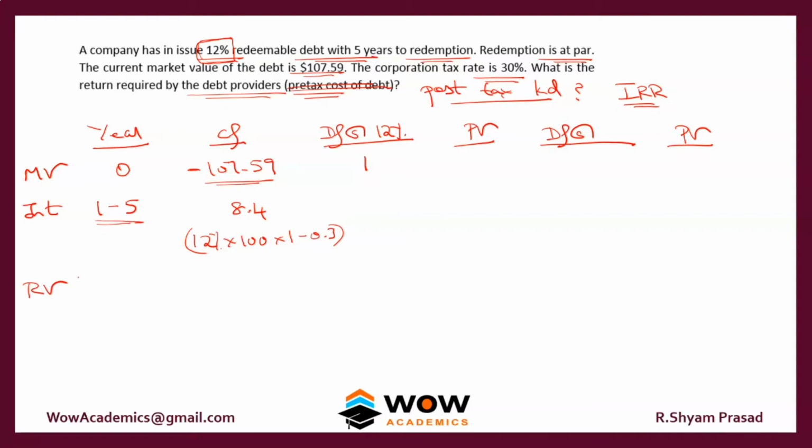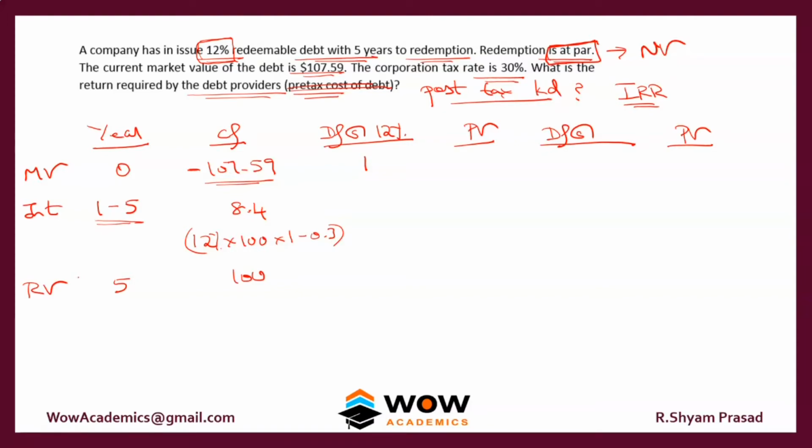And the last one is redeemable value. Redemption, he says, is at par. At par means we have to get the nominal value. What is the nominal value? If the bond is trading at 107, the nominal value should be 100. In which year are you going to get this cash flow? You are going to get it in the 5th year. You are buying the bond today, so it is 0. You are going to get interest for 5 years from the first year end, second, third, fourth, and 5th year end. Redemption you are going to get at the 5th year end, and these are the cash flows.